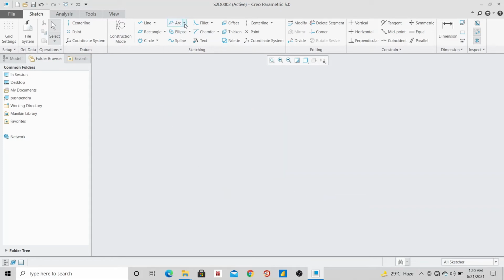Next is arc. The 4 commands that are in circle are common in arc, but the only difference is the conic one. This conic one is like you define a start point and end point, then drag your mouse in an upward or downward direction to draw your designed arc profile. This profile has a fixed value of RHO, that is 0.5. The only thing we can change is the angle. This angle can be changed as per our requirement.